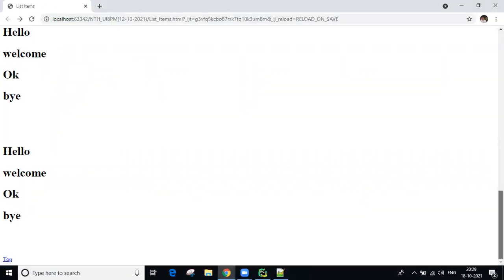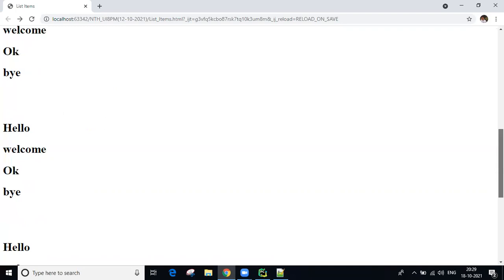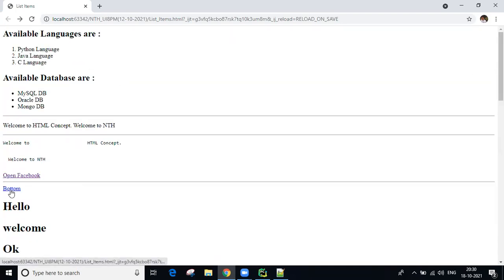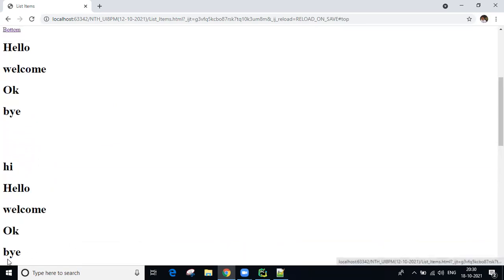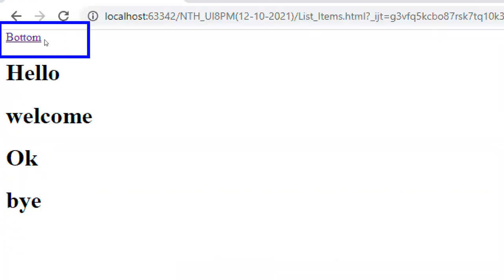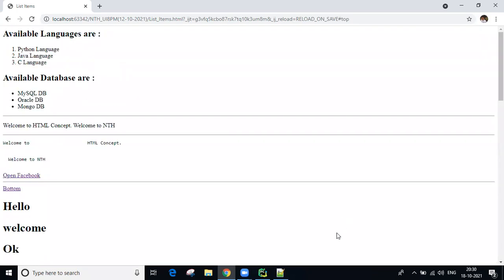If I click bottom, guys, so here now my bottom is there. I want to go to the bottom side. Simply you can click here, and it directly jumps to the bottom. So the scroll bar jumps like this, guys. You can observe right now. After clicking here, see my scroll bar coming to the bottom. Again if I click here, it jumps to the top side. See here, my bottom link you are getting. Within the page the scroll bar directly jumps. That is called intralinking. Is it clear?